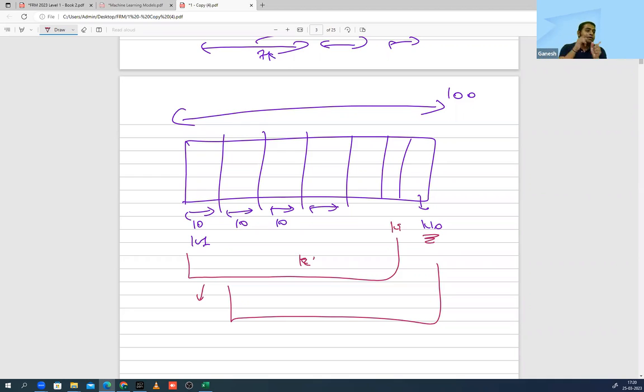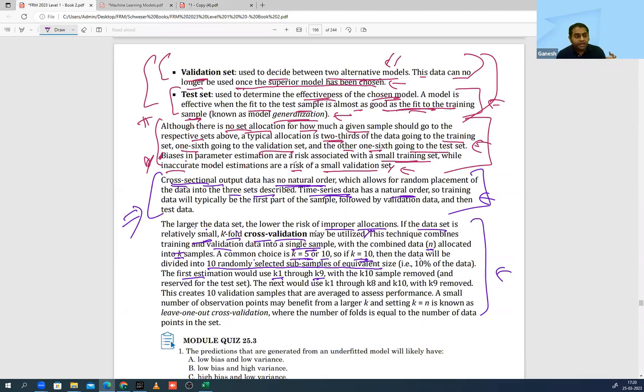We'll do the entire process again, but this time suppose I'm taking K2 to K10 for training and K1 for testing. Similarly, I can do it for anything else and remove say K3 for testing. Likewise, बराबर? That is happening over here. So if I read this, the first estimation would be K1 to K9 and keeping K10, which is a hold down, मतलब मैंने hold करके रखा है. This is reserved for testing. एक तरीका ये है.